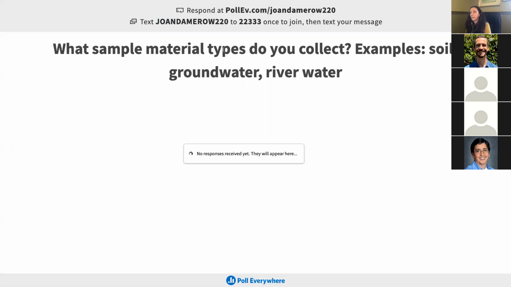What sample material types do you collect? And you don't need to use any controlled vocabulary, just provide some indication, and it would be interesting to see what kind of samples are represented if